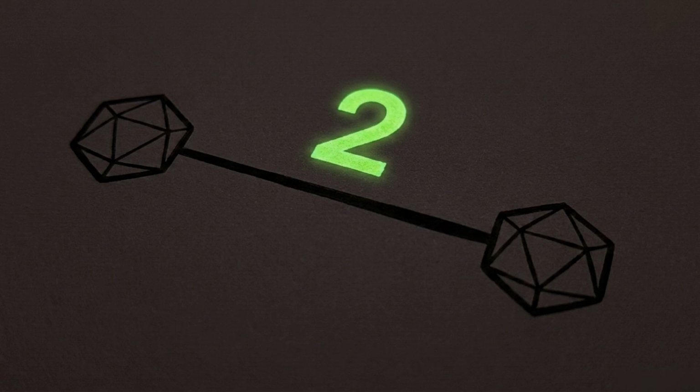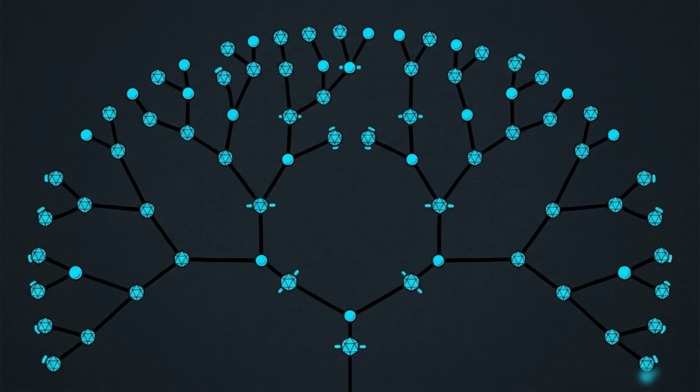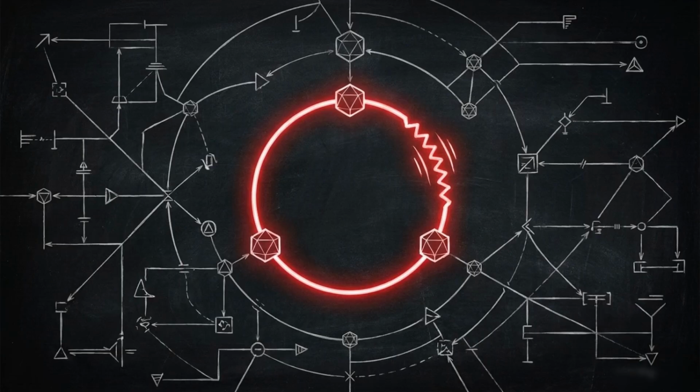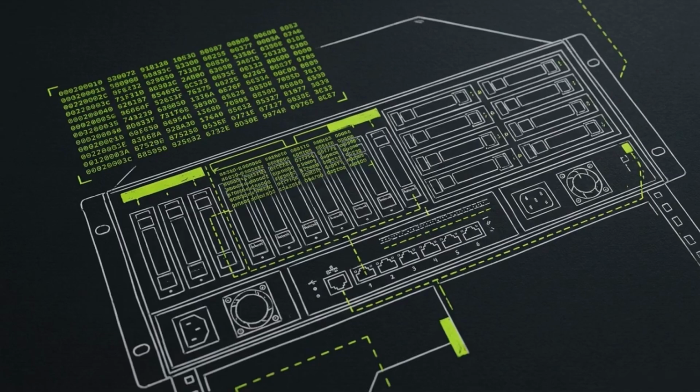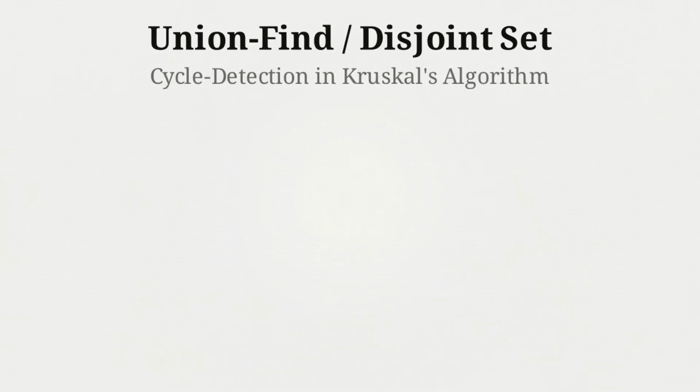This demonstrates the trade-off in Kruskal's approach. While the greedy choice identifies the lowest cost, the algorithm must also verify the structural integrity of the tree by preventing these loops. As humans, we can easily spot a drawn loop on a screen, but a computer doesn't process spatial geometry. It needs a mathematical way to detect a cycle. This is the union find, or disjoint set, data structure. It acts as the cycle detection mechanism for Kruskal's.